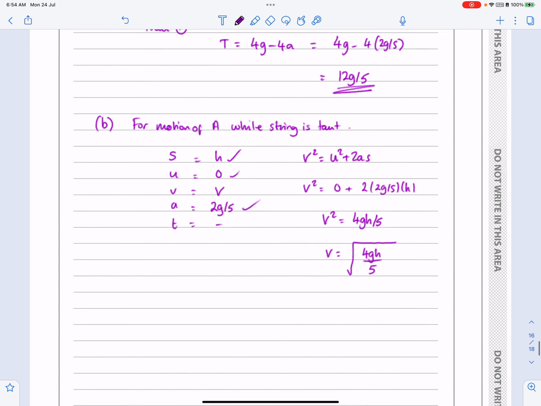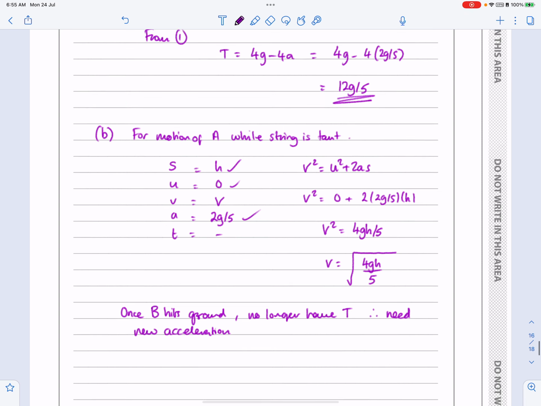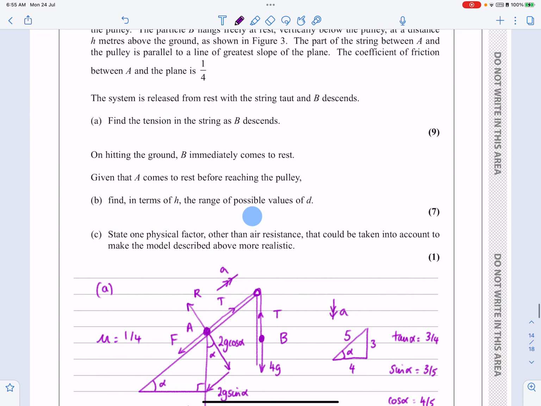So when B hits the ground, I now need to find the new acceleration. So the next thing, again, tell them what I'm doing. Once B hits ground, no longer have T, therefore need the new acceleration. So this is a pretty classic question. If we go back to our diagram here,